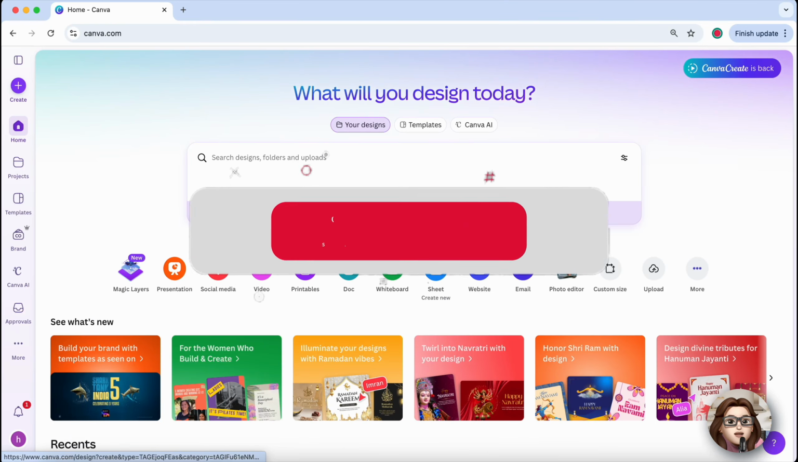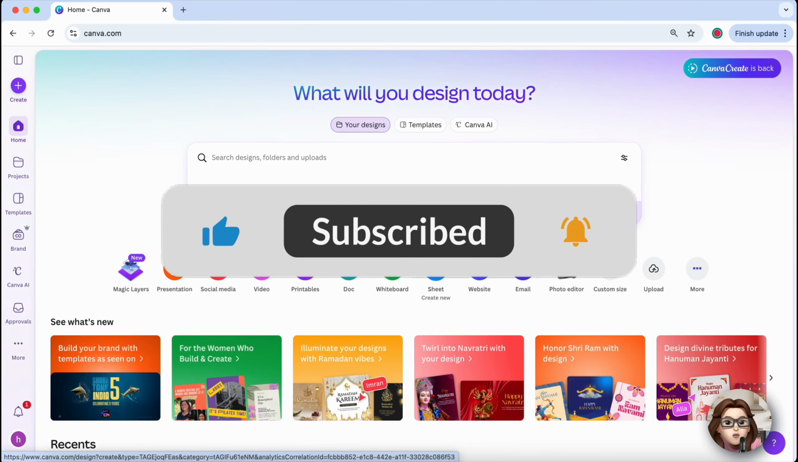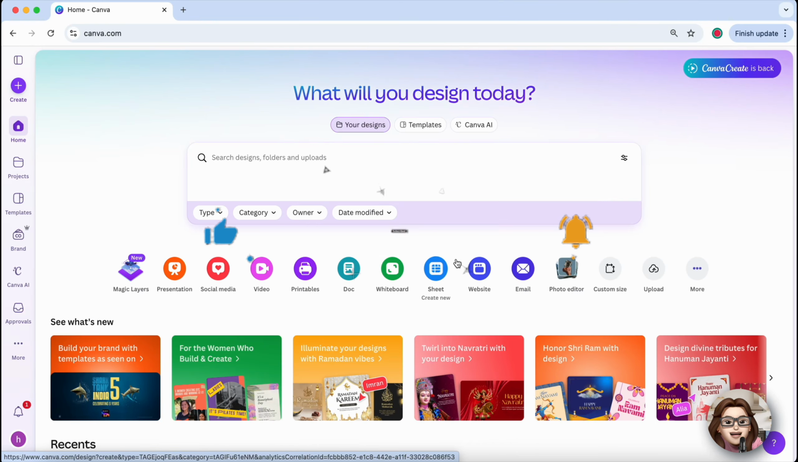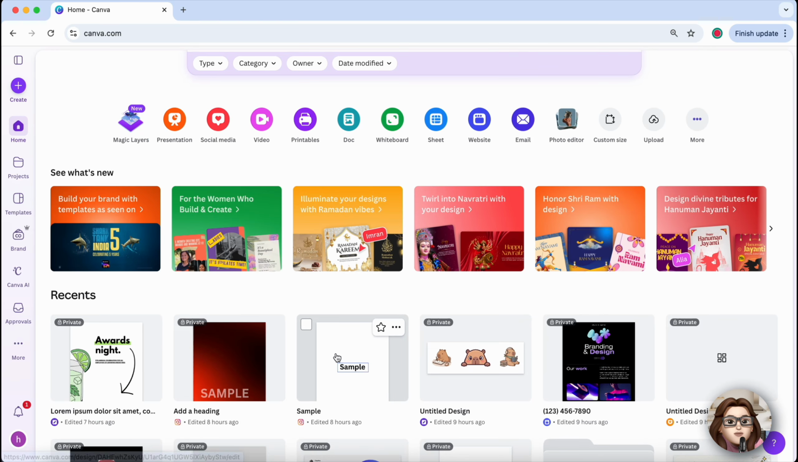In this tutorial, I will show you how to indent text in a Canva text box. First, open Canva in your browser and log into your account. Once you are on the home page, open an existing design or click Create a Design to start a new